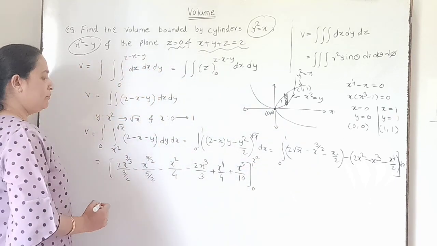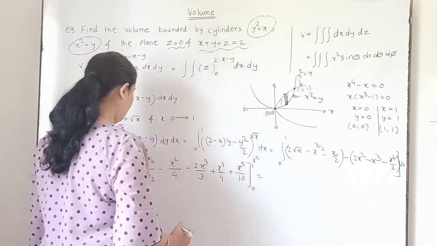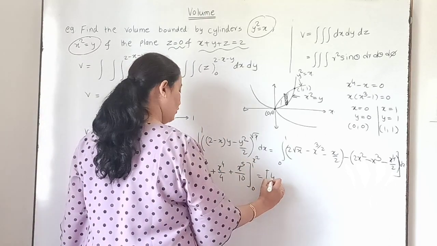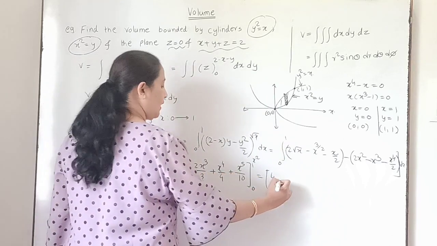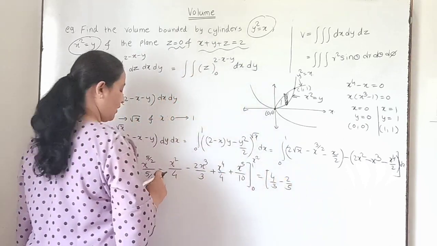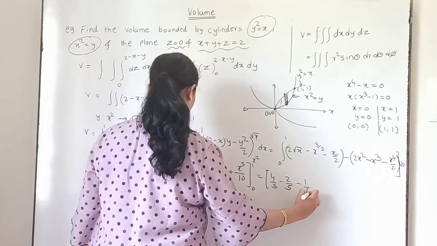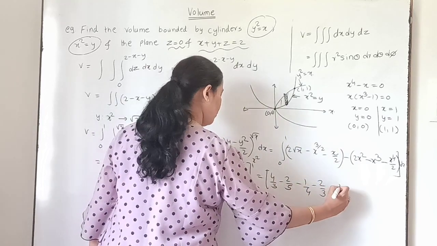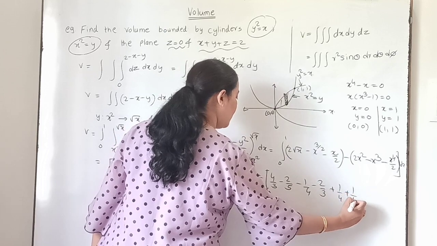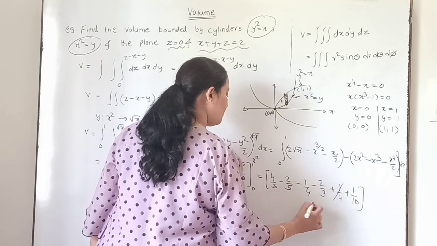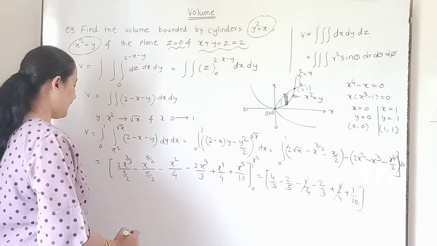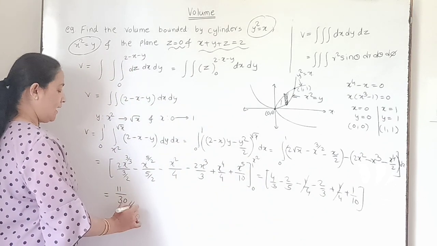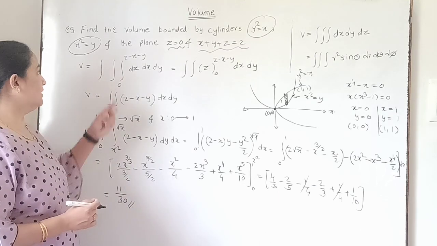Now if we apply limits, upper limit minus lower limit. What is the upper limit? 1. If I put x equal to 1, you will get 4 by 3 minus 2 by 5 minus 1 by 4 minus 2 by 3 plus 1 by 4 plus 1 by 10 plus 1 by 4 minus 1 by 4 will get cancelled. If we take the LCM, you will get the answer 11 by 30. And this is the volume enclosed by this cylinder and this